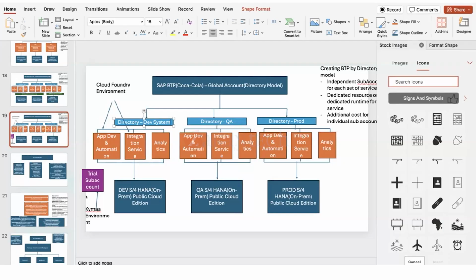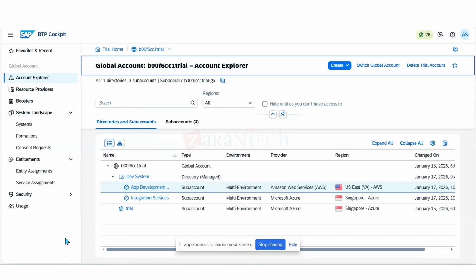Please recap the entire walkthrough one more time. Let's go back. In the directory model, we created an app development and automation sub account with a Cloud Foundry environment. So now let's talk only about app development. If you go to app development,